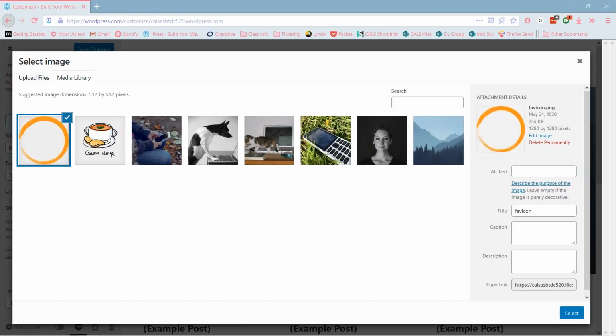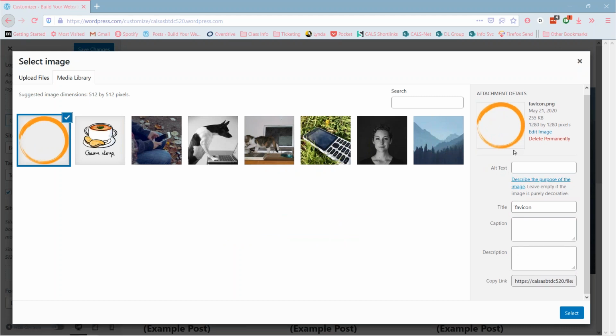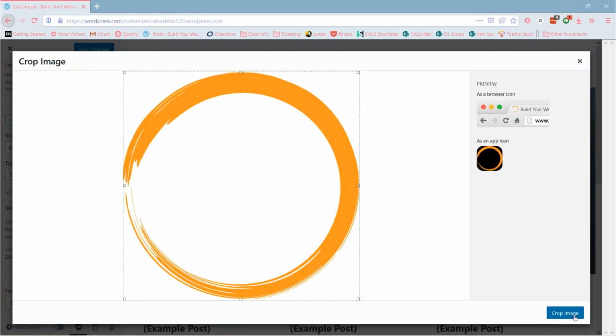All right, and again, I can fill in this information if I want. I don't really need alt text for my icon. Everything looks good, so I'll click select. And again, it's prompting me to crop it. If I didn't have something that was exactly square or round, then I would want to crop this. As it stands, it's good. So I'm going to click crop image